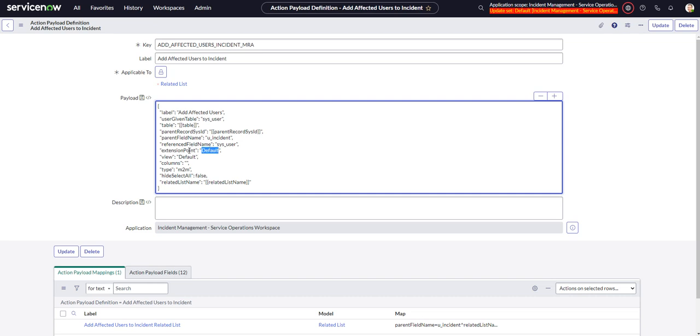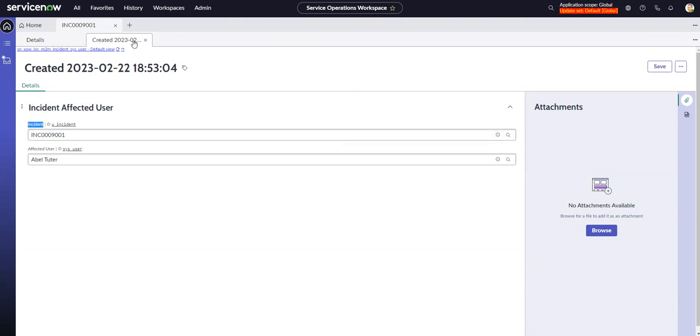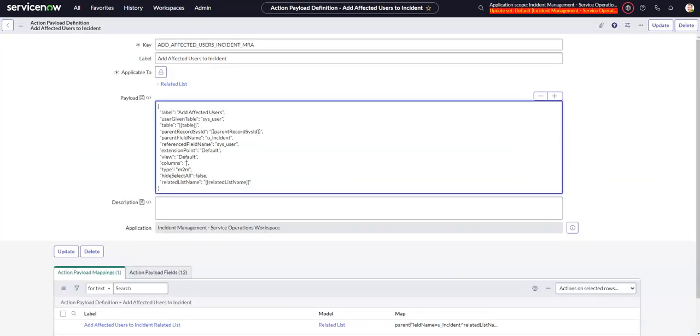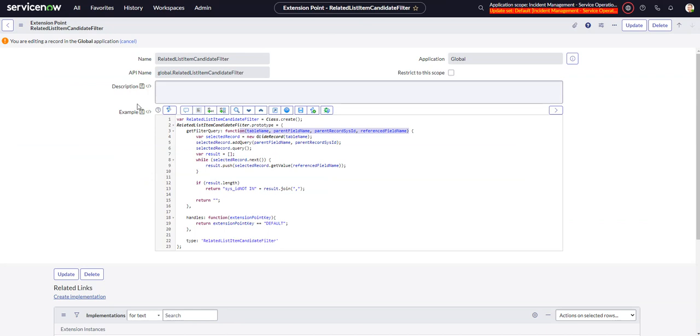Then our extension point, which is what we're doing right now. And then some other columns that I did talk about in the other video. The most important one being type, if it's M to M or O to M, that has to be right. Columns is also important. You can specify which columns you want to show when you click open the modal here. Okay, so getting back to our extension point